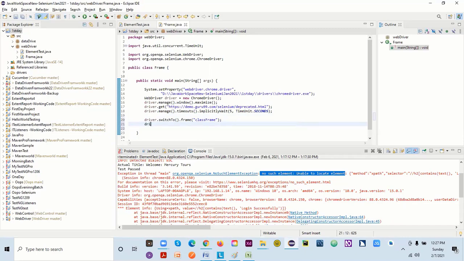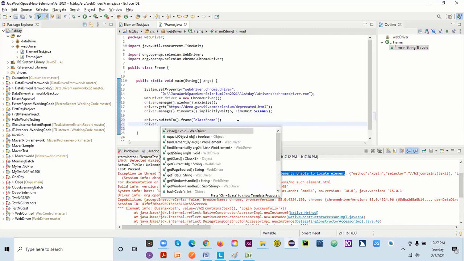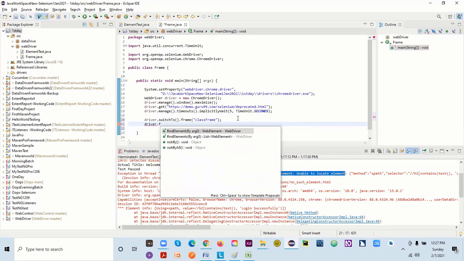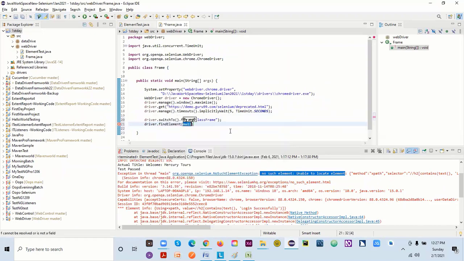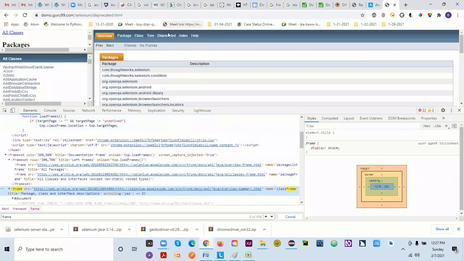I have to just write a simple driver dot find. This is again under WebDriver. Web elements. Through find element we can find a web element. We have to give the locator for what? This one or any one, whatever you want.